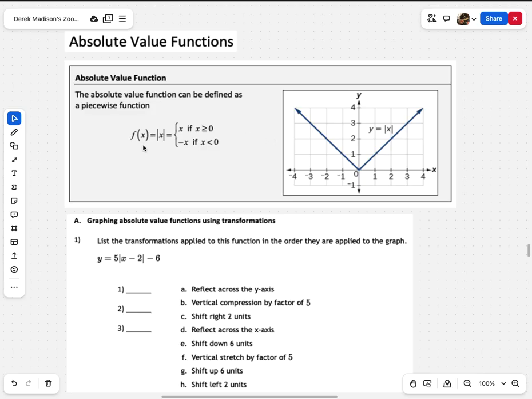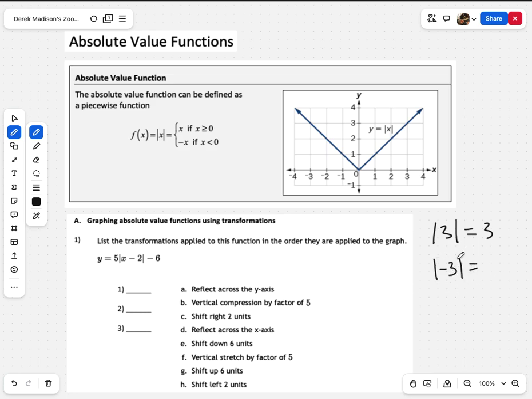Starting off with the definition of an absolute value, you may remember, in terms of pretty straightforward math, if we have the absolute value of 3, that would be 3. If we have the absolute value of -3, whatever is in the absolute value, we take and make positive, and so that would also be 3. What that means practically in terms of a number line is that the absolute value of 3 or -3, they're the same thing. The absolute value gives the distance from the origin, but the sign doesn't matter for going left or